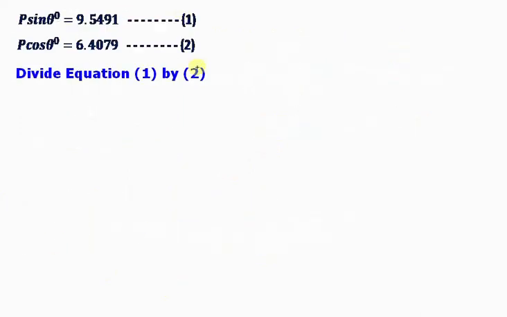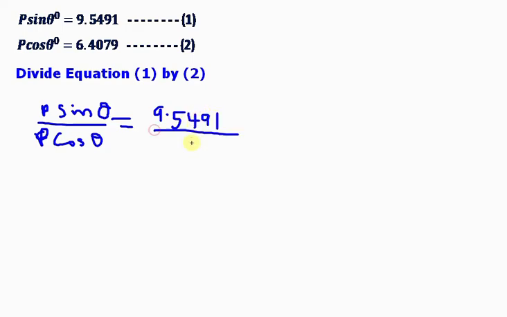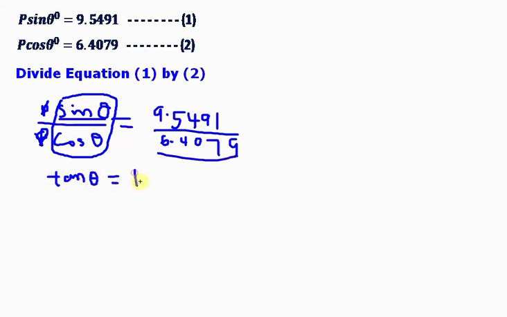To do that, divide equation 1 by equation 2. Once you do that, you get P sine theta over P cos theta equals 9.5491 over 6.4079. Now don't forget your tan ratio. Tan ratio is given as sine over cosine. So because of that, you can write this quotient as tan. So P cancels P, and what you have left here is tan theta. Now tan theta equals 1.4902. Now taking the inverse of tan of 1.4902, you get